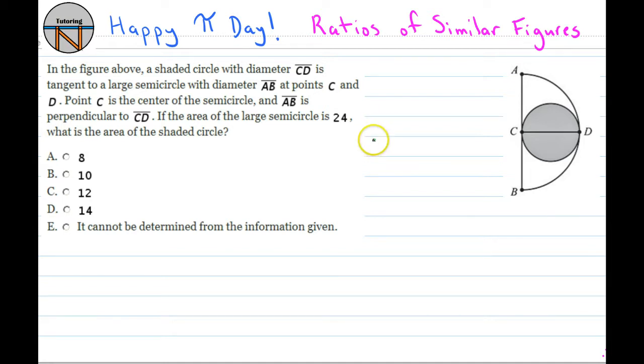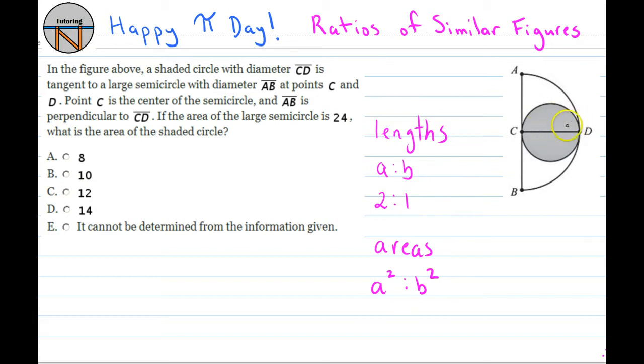So the ratio for lengths, a one-dimensional measurement, we always said was in the ratio of A to B. And the ratio of their areas would have to be in a ratio of A squared to B squared. Based on the way the setup is in the diagram, the ratio of the lengths would be 2 to 1, meaning the radius of the larger circle is 2 times that of the smaller circle,